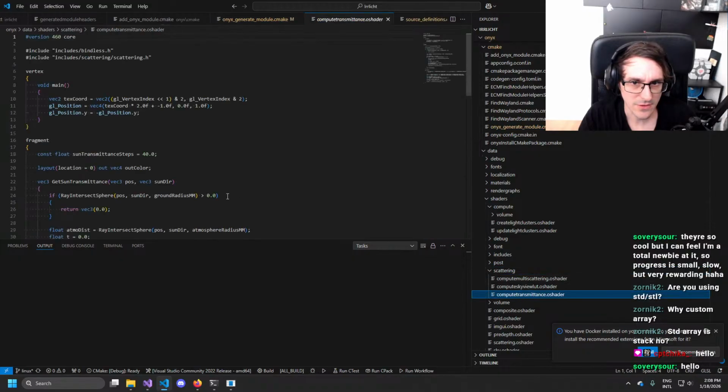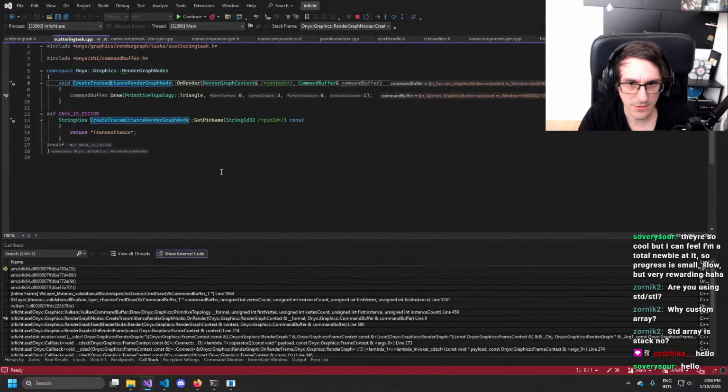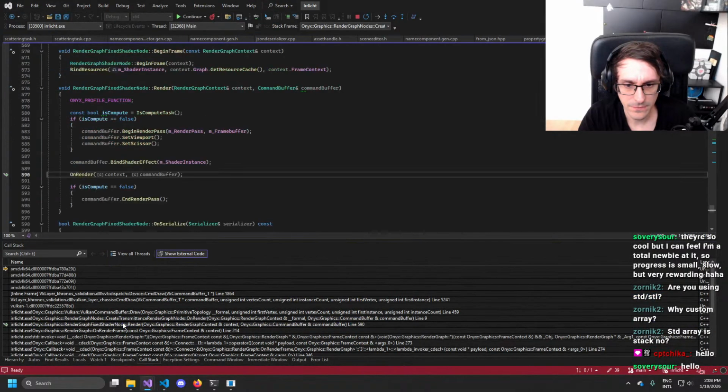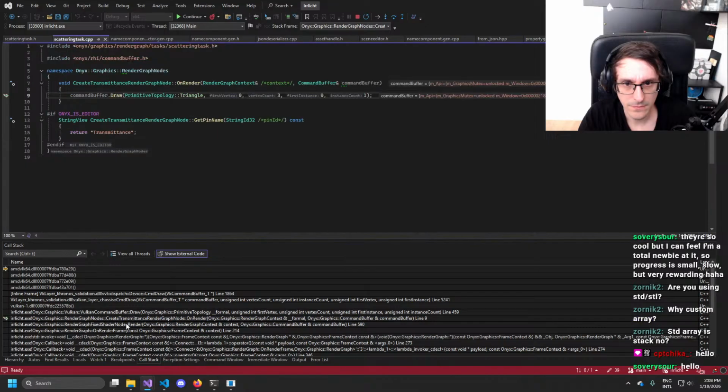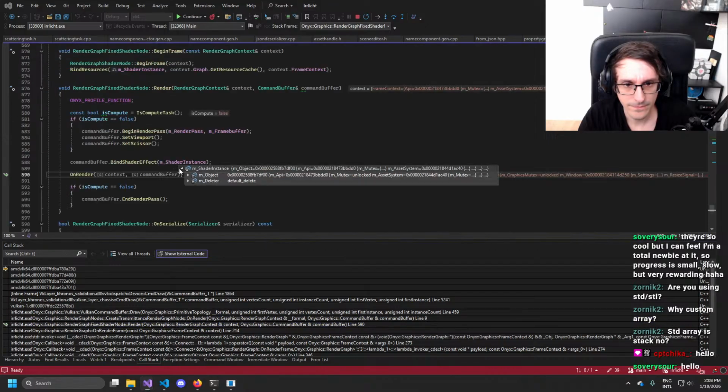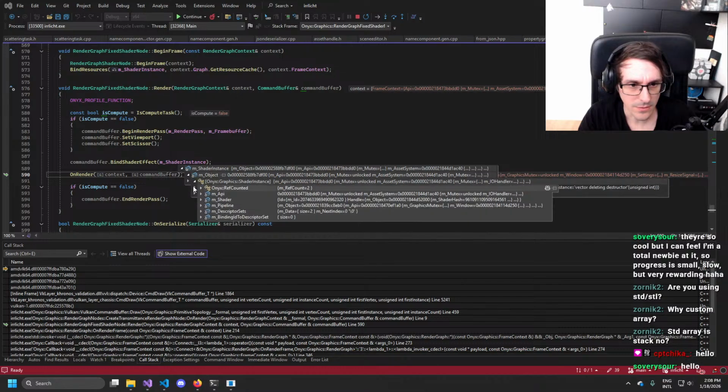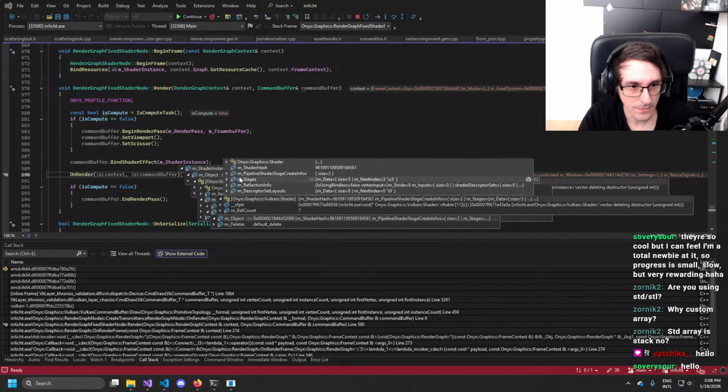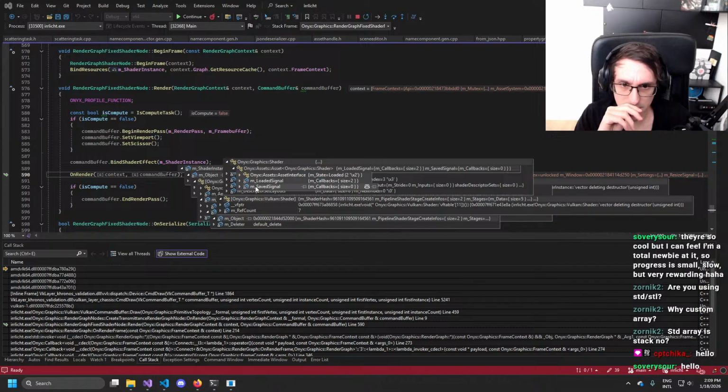Create transmittance. Now that is a vertex fragment, okay. But maybe it's not loaded yet? Okay, no, it is loaded. Hmm.